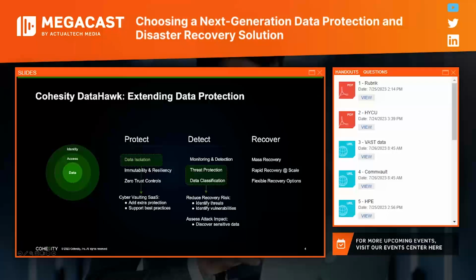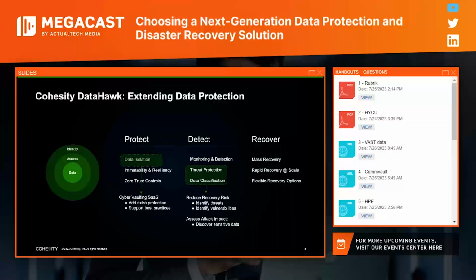In the detection phase, 2 critical features are highlighted: threat protection and data classification. Data classification allows you to quantify the type of data that you're backing up. It allows you to classify large sets of data, and in turn, it gives you the ability to go in and reduce risk and strengthen your security posture.